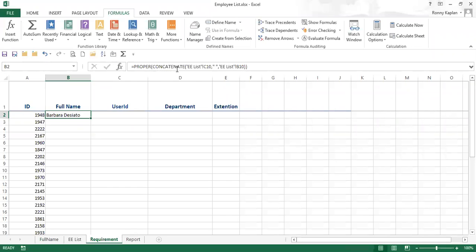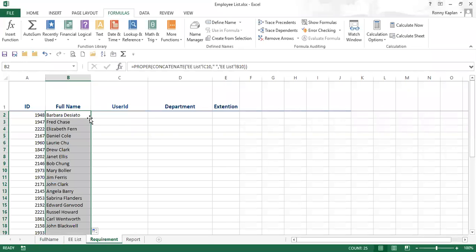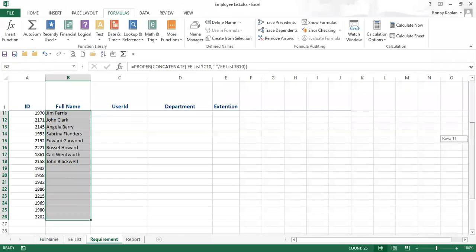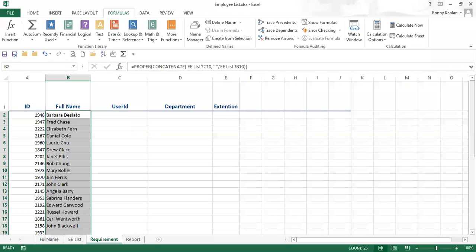So I have concatenate and bring in those 2 cells with a space between, and then I've nested that within a proper function. And if I go to the auto fill, I can fill it down from there. Okay, so that was the last one. Okay, so that will allow us to do,